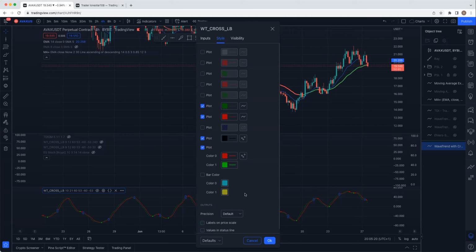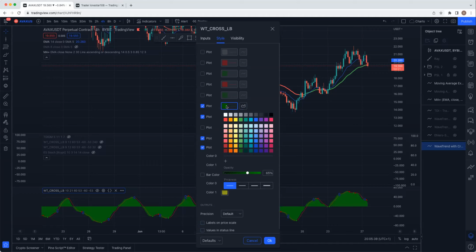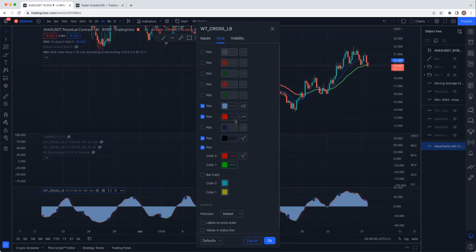Now, what I want you to do is this plot area. We will change it eventually, but I want you to just open it this way. This plot area, click on the line and then make it an area, okay? And then change the color into something like a light blue, like that, or some light blue like that. Then you come out.